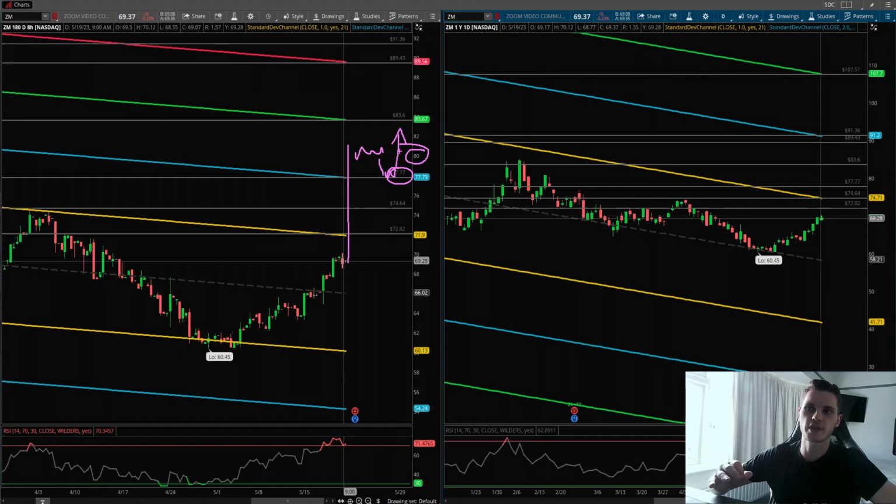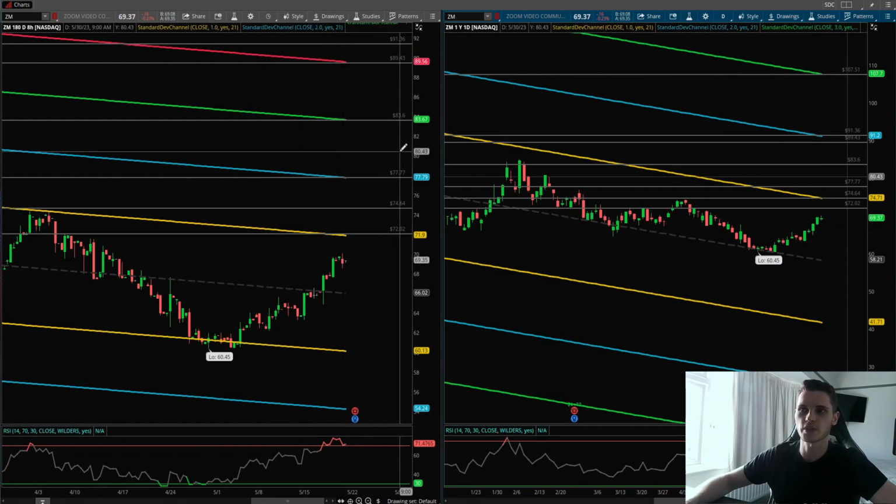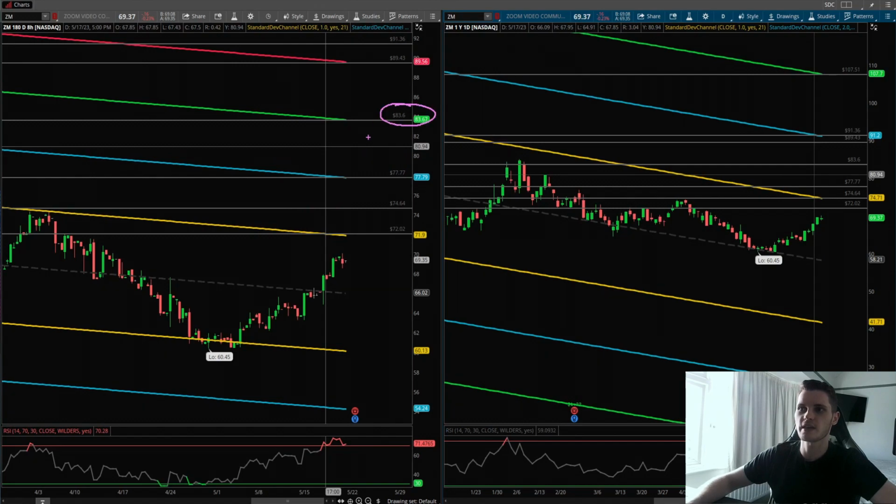If I'm a short bias trader, and to me, I'm short biased on Zoom. It's downtrending over the past 6 months and the 1 year. So if it pops to the upside, I'm looking at shorts on it. And my short level comes at $83.50. If we come into this level, that's saying we come out of earnings and we're trading around here. If we push up to 83.50, I'm looking to play that short bias the first time we hit that,